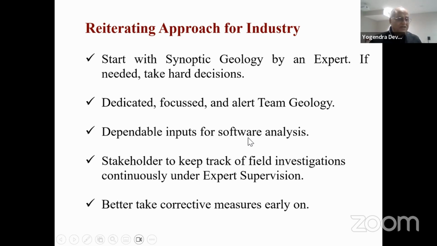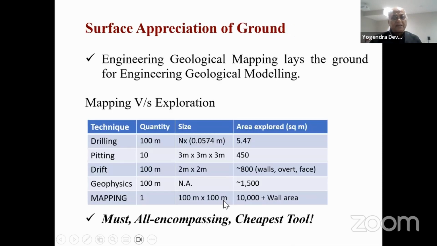But sometimes the inputs are not good, and it is garbage in, garbage out. So stakeholders particularly are to keep track of field investigations continuously under expert supervision. You need to have an expert geologist on your team, and better take corrective measures early on.